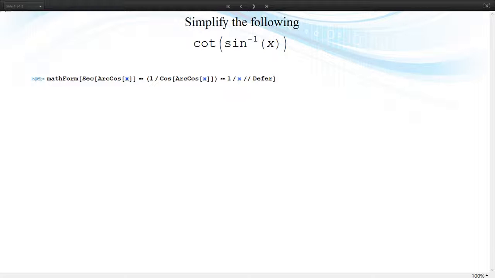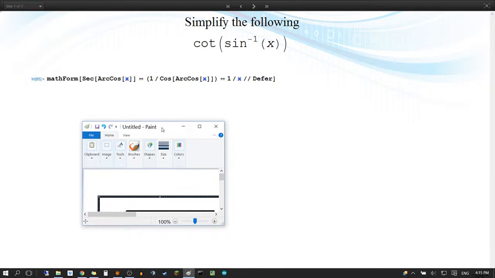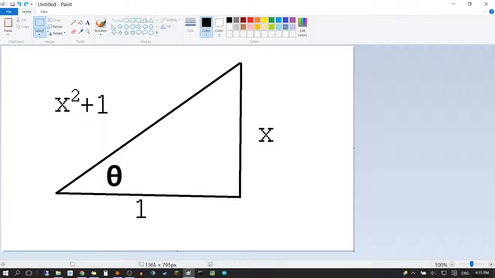Simplify the following: cotangent of sine inverse of x. So we're going to need to grab our triangle again. Let's pull that up. So sine of theta equals x, and sine is equal to the opposite over the hypotenuse. So that means that we'll just undo this here. We know that x over 1